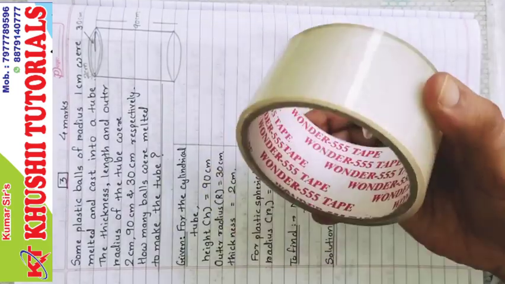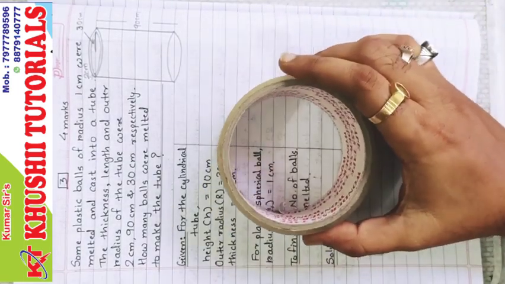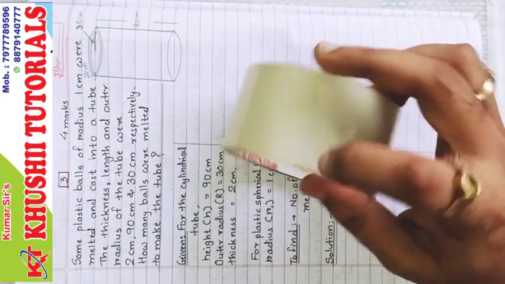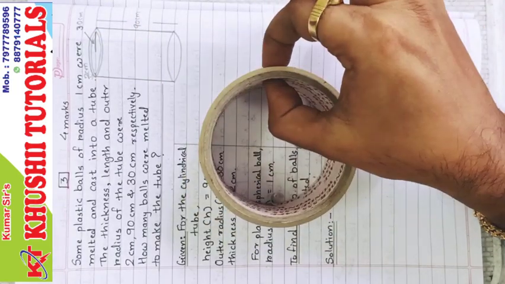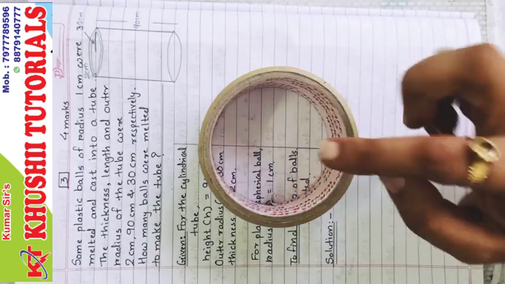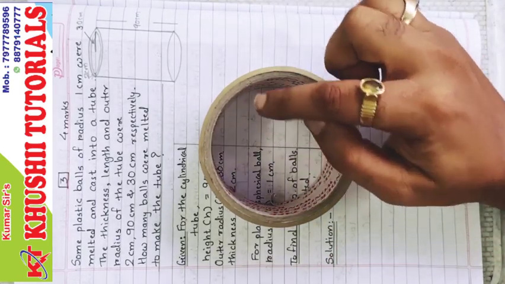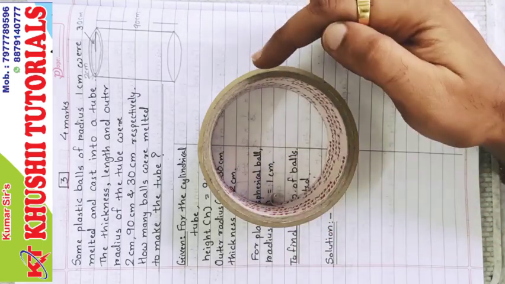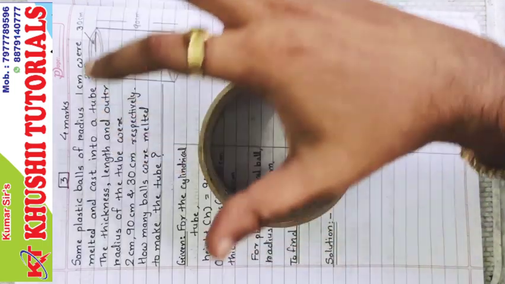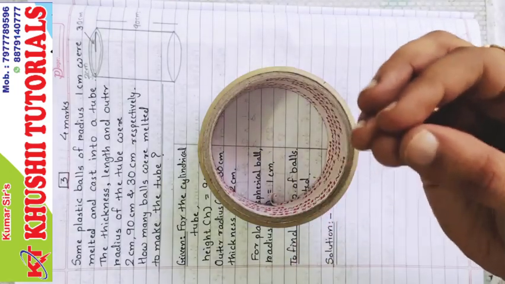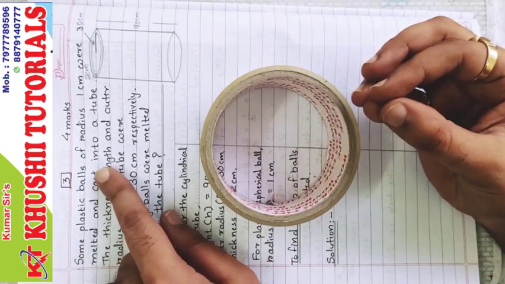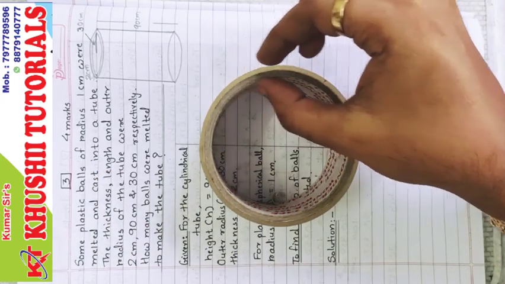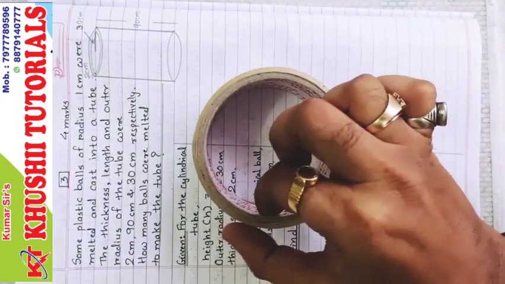It has a similar structure, a cylindrical structure, which has a height of 90 centimeter. So this will be the height 90 centimeter and this will be the thickness. It has two radii. The first radius from the center till inner surface and the second radius from center till outer surface. All the material, which is of the melted plastic balls, the molten plastic balls, will enter into this thickness.